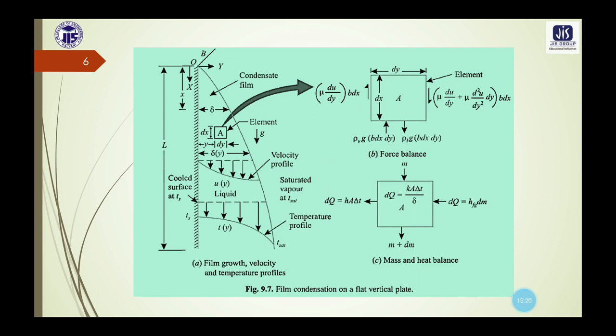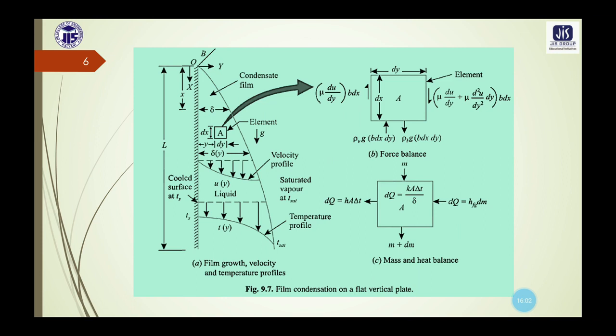Now we will discuss the laminar film condensation on a vertical plate in detail. Some different formulas and the derivation we will see now. In this diagram we can see the formation of film condensation on a flat vertical plate. This analysis of film-wise condensation on a vertical plate can be made on lines prepared by Nusselt. Now this Nusselt number we have discussed earlier, and the physical significance is also known to us.